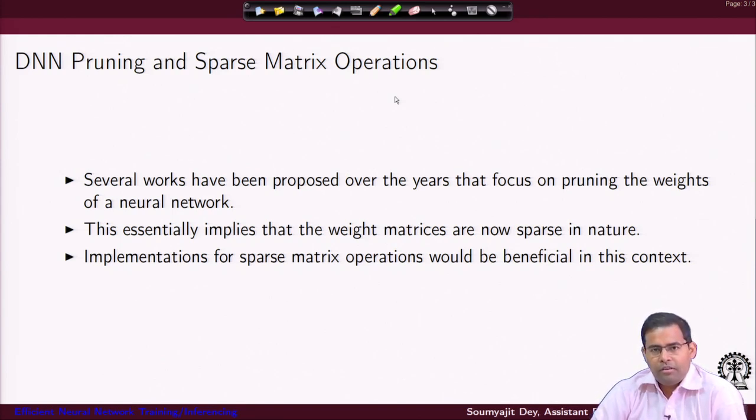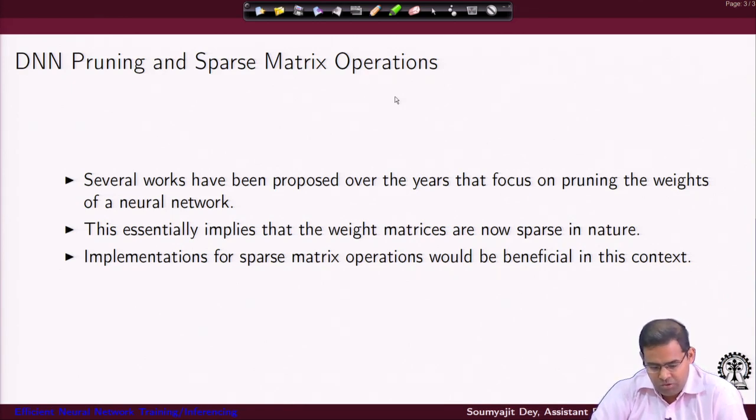The question is how to make good use of such algorithms. If we consider such modern pruned DNN networks, where the weights have been pruned and the neural network is represented by a sparse matrix, then such algorithms become very relevant, and some of them are also very useful for GPU style implementations.